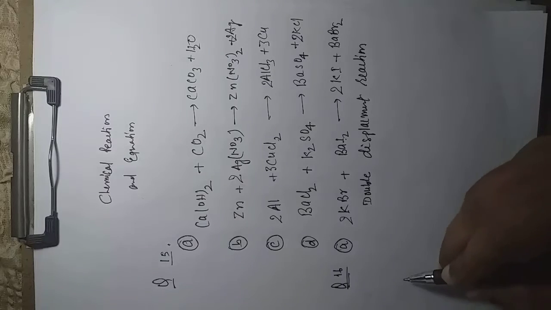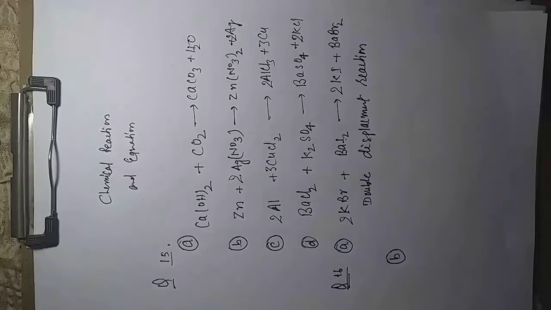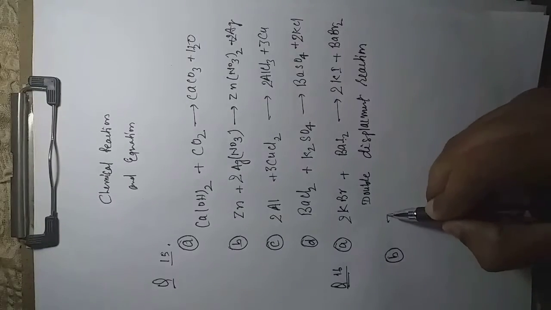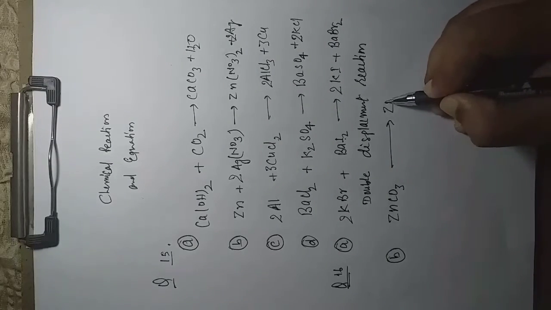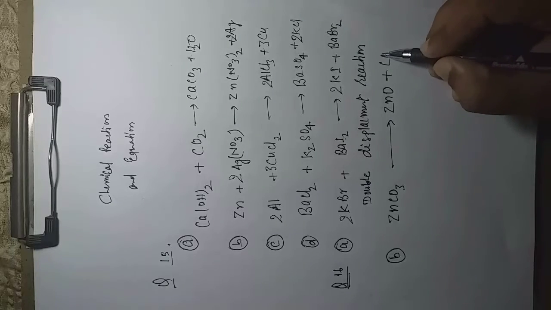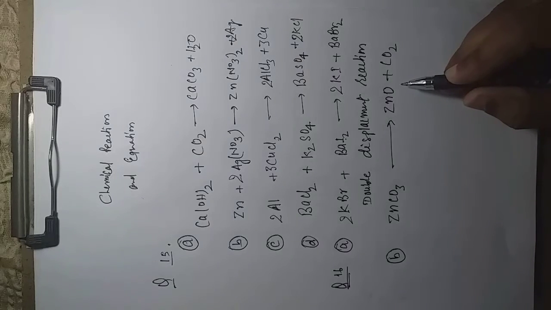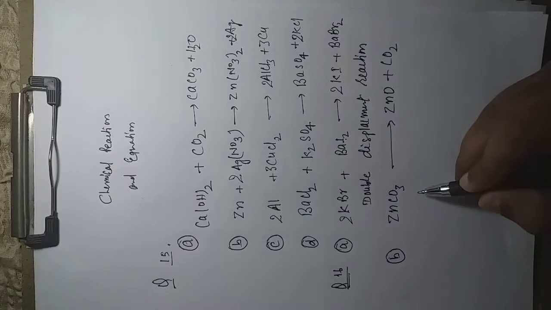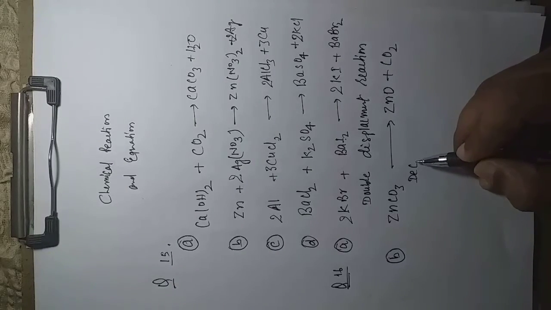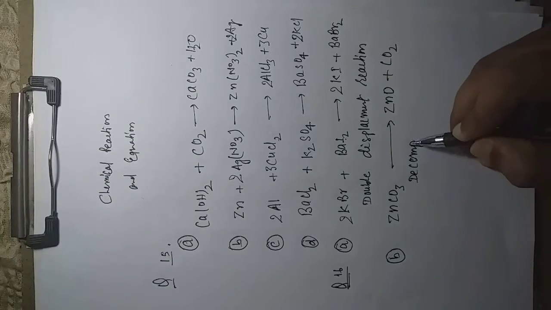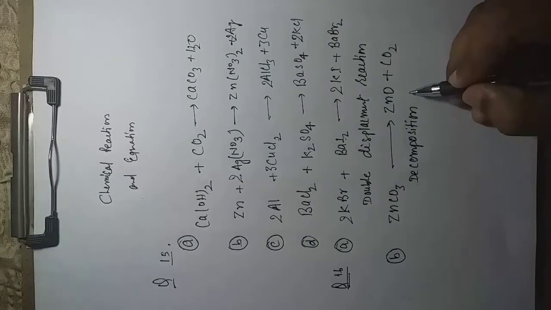And next we are moving to portion B of this question. The question is asking: zinc carbonate is on the left hand side in the reactant portion, and it is going to break down into zinc oxide plus carbon dioxide. It's quite clear. One compound is dissociating into more fragments. It means it is an example of a decomposition reaction. We don't require balancing, it's already balanced. So you can write decomposition reaction. Do a little more practice by which you will understand much better and with more clarity. So please revise as much as possible.